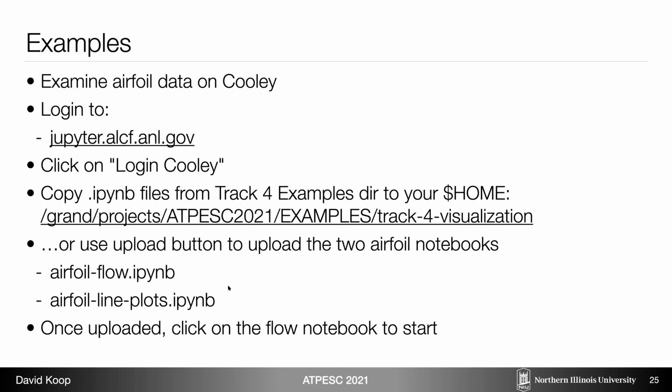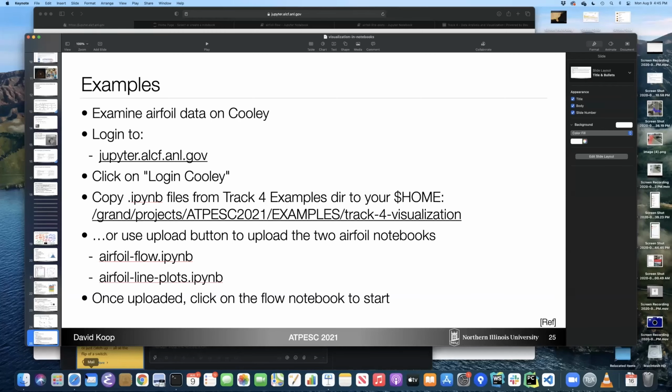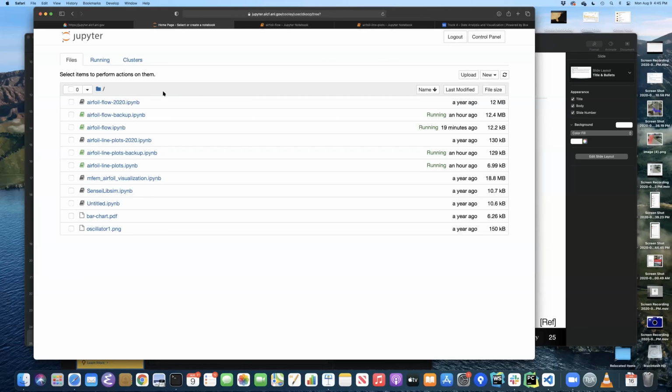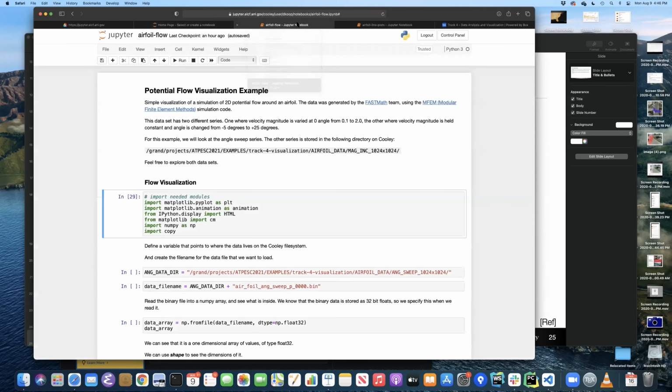So I'm going to switch on over. If you go to jupiter.alcf.anl.gov, you can click on the login Cooley button. It'll walk you through the steps, and eventually you'll see a listing of your home directory. If you've copied in the IPYNB files, you can click on them and they'll open in another tab so that you can look at those notebooks.